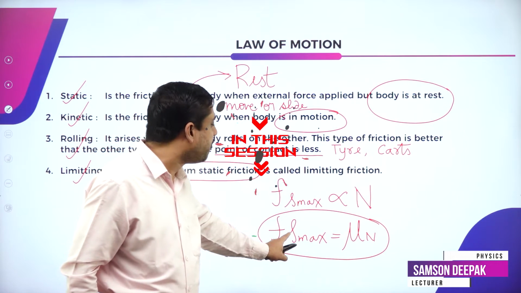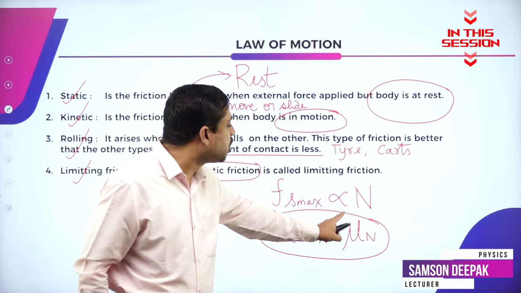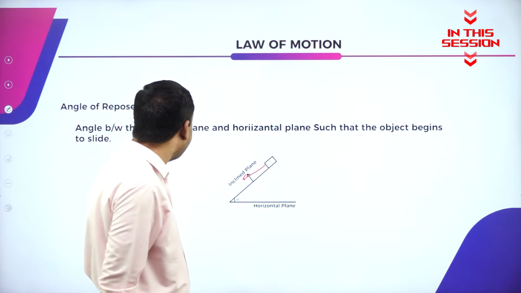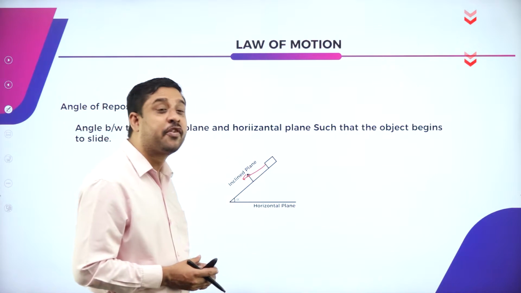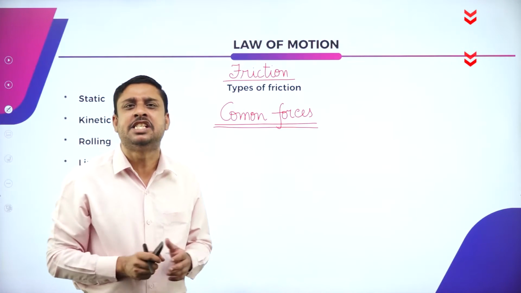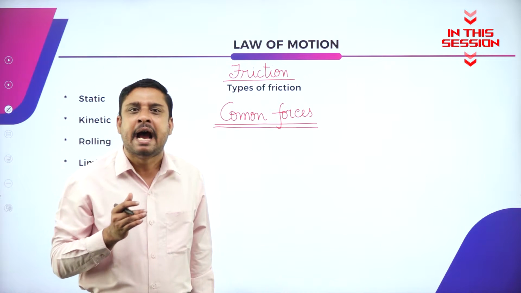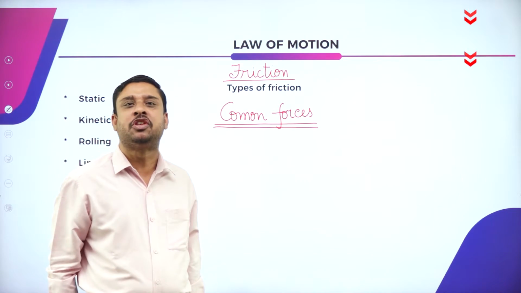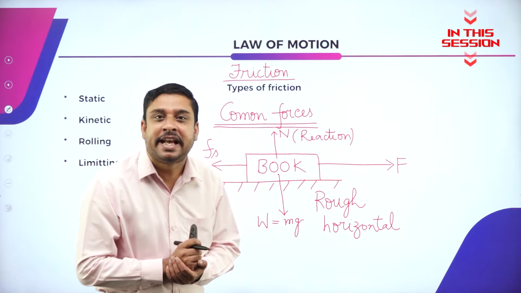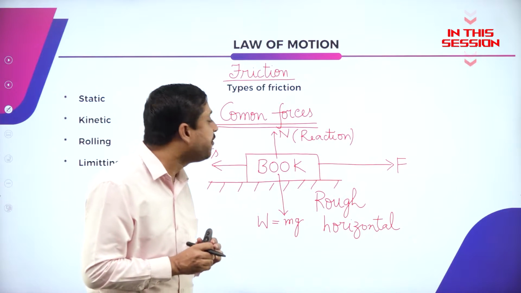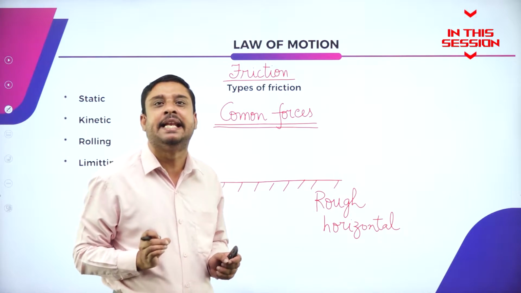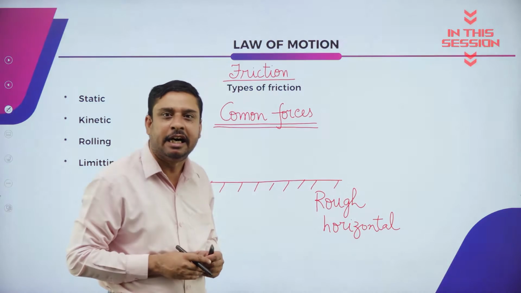The frictional force is always equal to mu into N, defining some angle alpha. And alpha is called angle of repose. Then what is this friction? How do I understand friction? To understand friction, please note that friction is a self-adjusting force. It has to be rough in nature. So I have considered